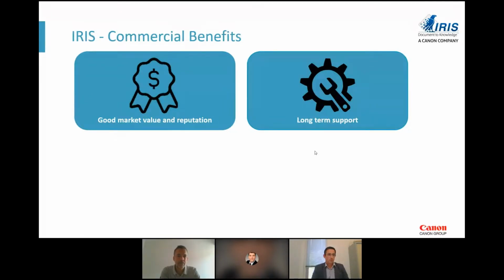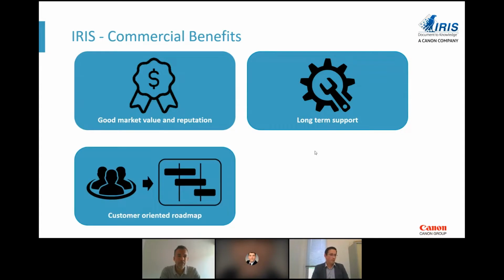We have very good support in terms of supporting the different platforms. For example, you've seen that we have developed a lot of new platforms that we support, so we bring our technology to the most used platforms. We also have a customer-oriented roadmap. I've told you, if you have any requests, whether it's around languages or something like that, you can always come to us.